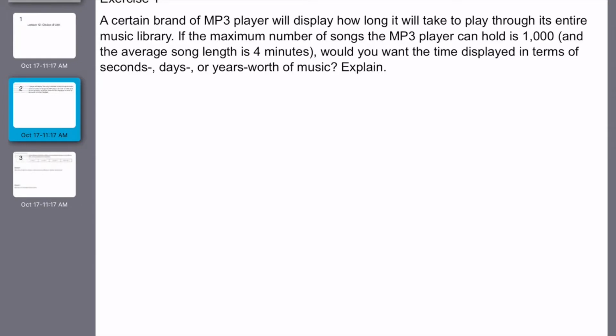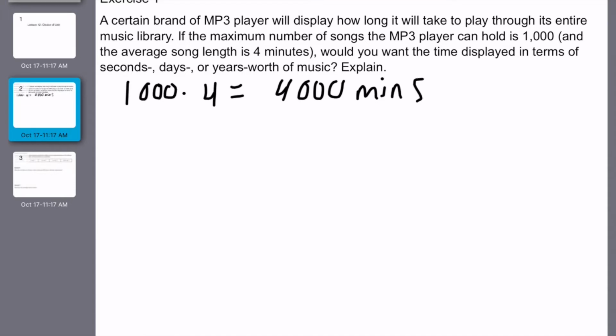A certain brand of MP3 player, we can even call it an iPod if you want, will display how long it will take to play through its entire music library. If the maximum number of songs the MP3 player can hold is 1,000 and the average song length is 4 minutes, would you want the time displayed in terms of seconds, days, or years worth of music? Explain. Well, I know that if it can hold 1,000 songs, and each song is roughly 4 minutes, that means this is going to come out to be 4,000 minutes worth of music. So I'm going to put that unit on there because that's important. So if I wanted to figure out how many seconds this would be